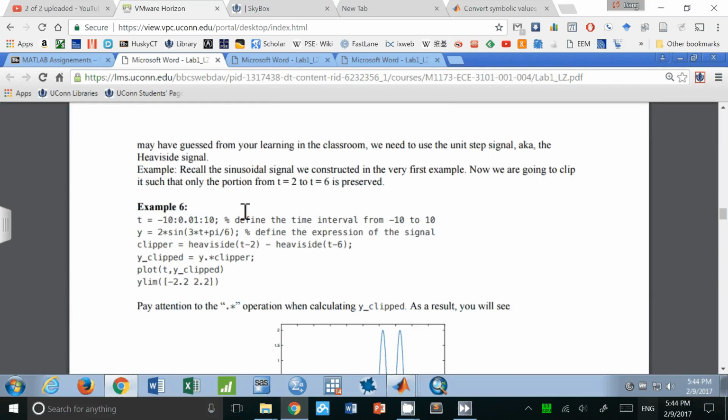So if you have a sinusoidal signal and you want to clip that signal, for instance, this one means a unit step of t minus 2 and another unit step of t minus 6. This is with our time axis. And this will form a switch that will turn on at time 2, turn off at time 6. And if you multiply this window clipper with the signal, the only part that remains will be this signal from 2